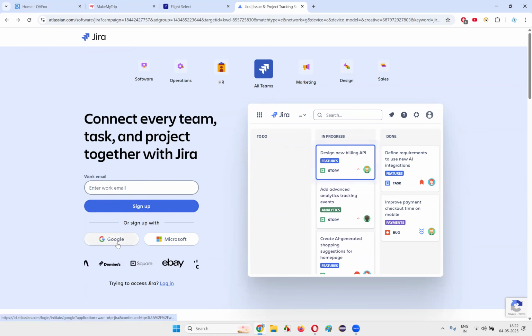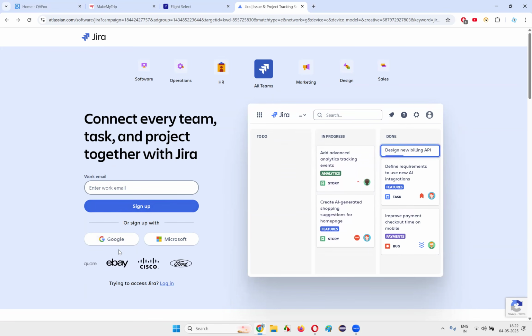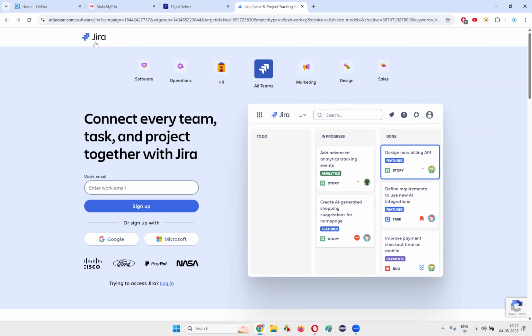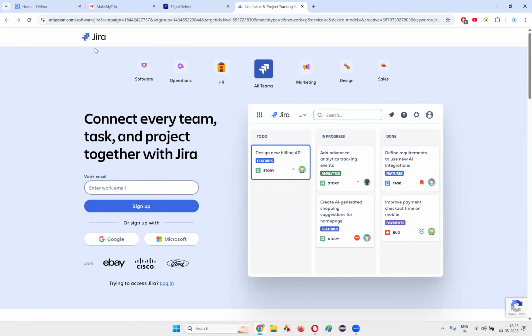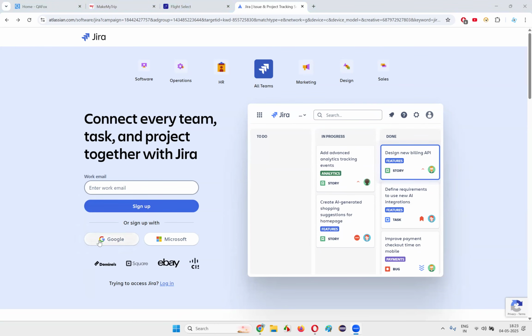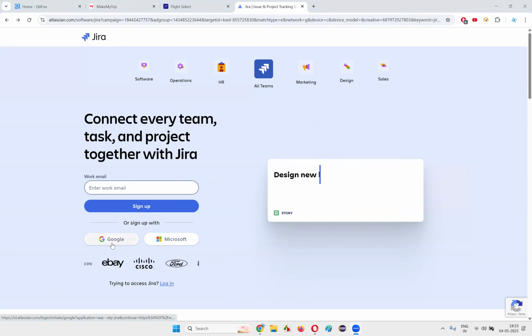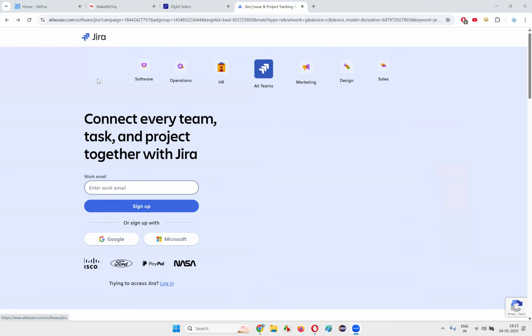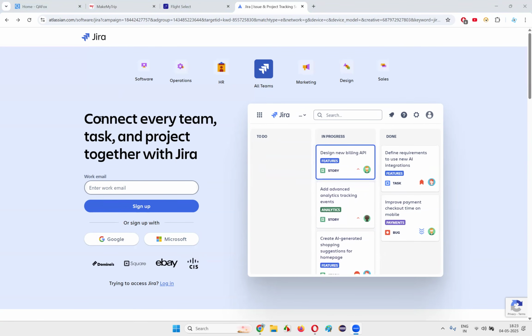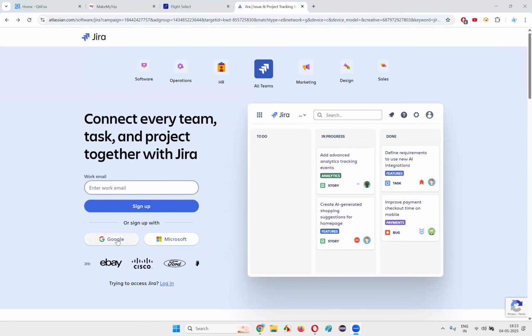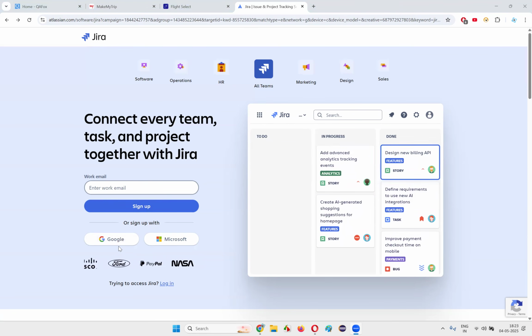So here, signing into Jira via Google authentication is possible because Jira is using the APIs of which company now? To make the sign in to Jira possible via Google authentication, Jira is using the sign-in APIs of which company? Google company, right? But how come Jira can use the Google authentication for signing in? For getting authenticated with Jira, how is Jira getting authenticated with the help of Google? How is it possible